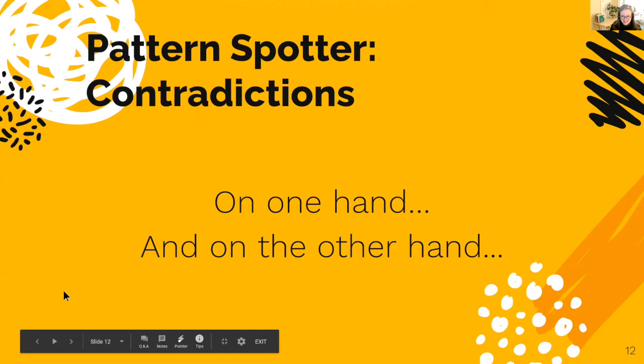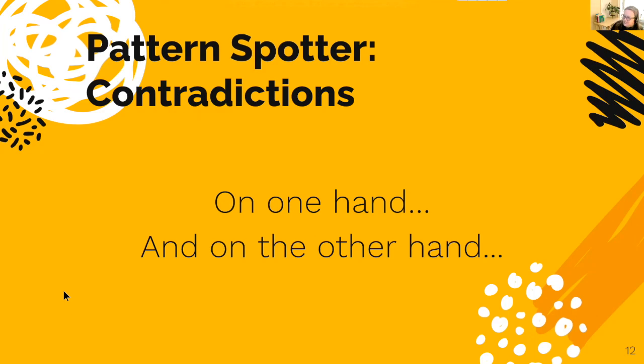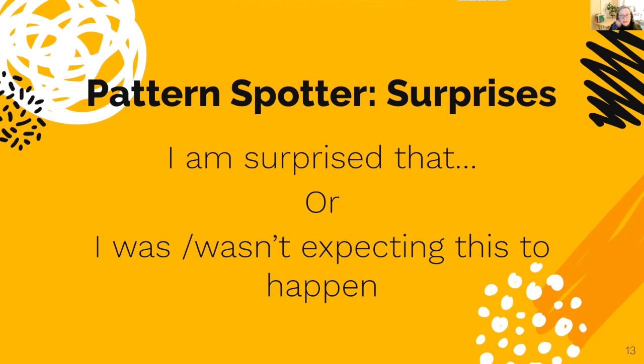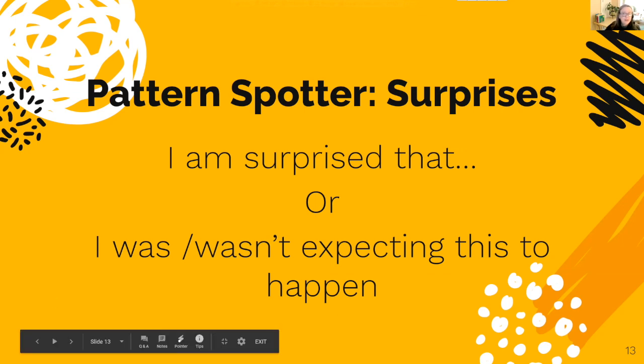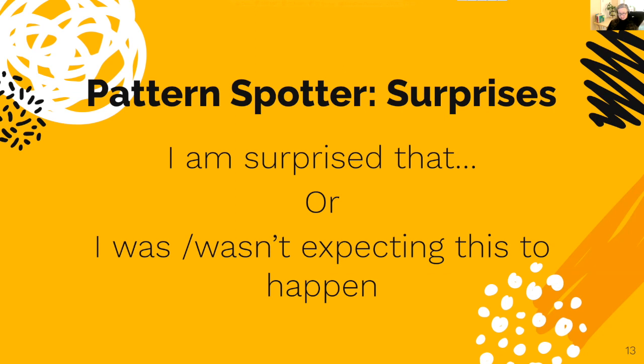All right, if you could share the slides again, Christine. We've got two more pattern spotters. Just to remind people, we're in the what stage, just exploring the reality in front of us of this group, of this network of social system mappers. So another one is surprises. I am surprised about this, or I wasn't expecting this, or I was expecting this and it didn't happen. Like you come in with a certain assumption, with certain expectations, and they're not there. Let's look at the map again with that and put that in the chat.